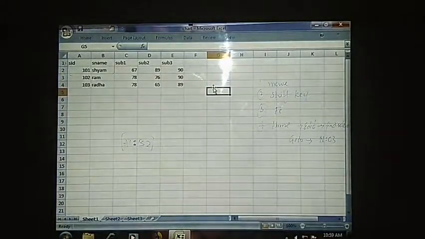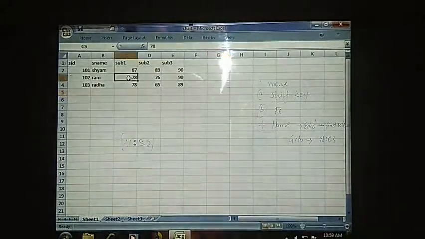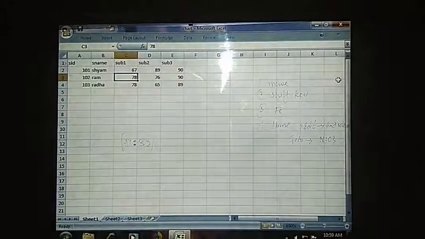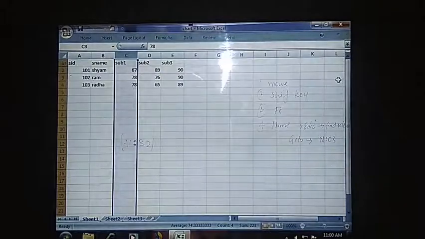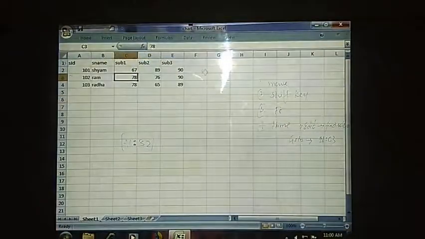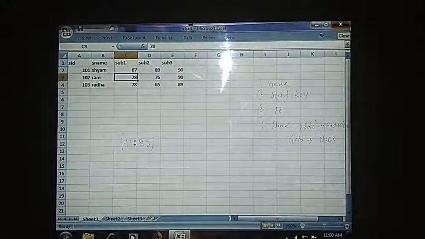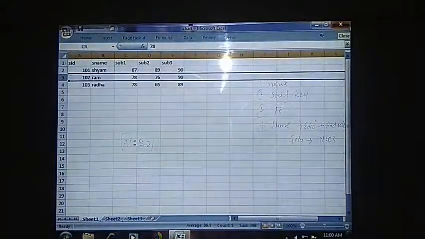You also have some shortcut keys. When I place my cursor in a cell, I can use control space bar in order to select the column. See, the C column is selected when I am in the C column. I have used control plus space bar. In order to select the row, I am in the third row now, I will use shift and space bar. Sorry, I had already selected the column, that's the reason it is selecting it. Say shift and space bar. The complete row will be selected.